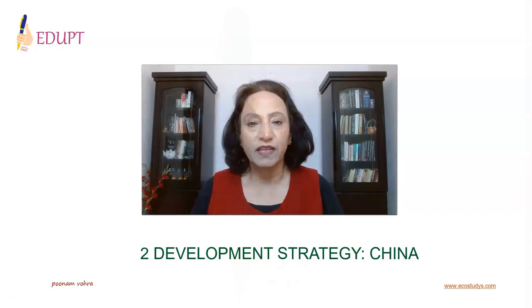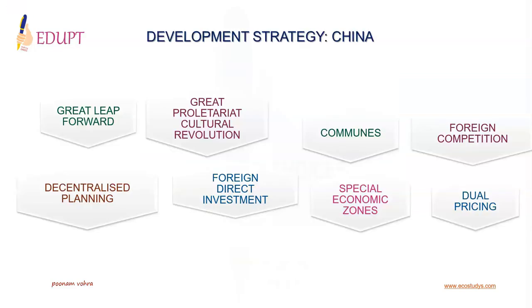So let us begin. Let us now understand the development strategy of China. It is one of the oldest countries of the world. The People's Republic of China was established in 1949. After the establishment, all the critical sectors of the economy, enterprises, land-owned and operated by individuals were brought under government